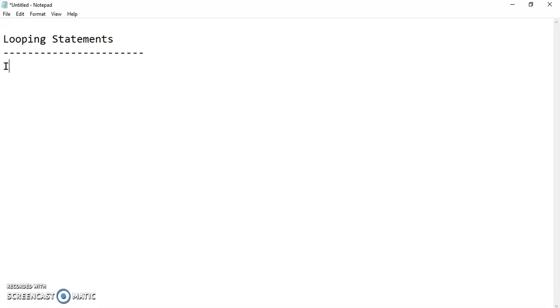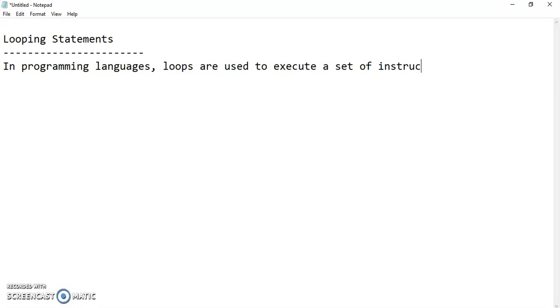So in programming languages, loops are used to execute a set of instructions or statements multiple times.